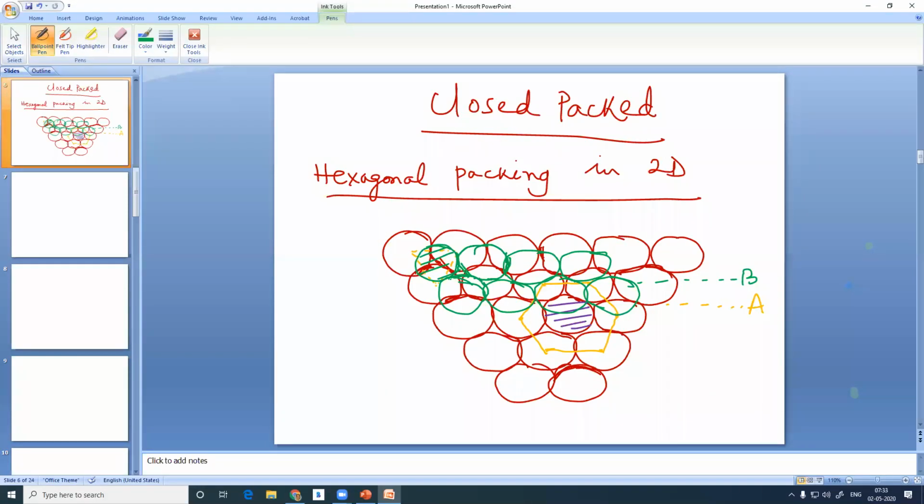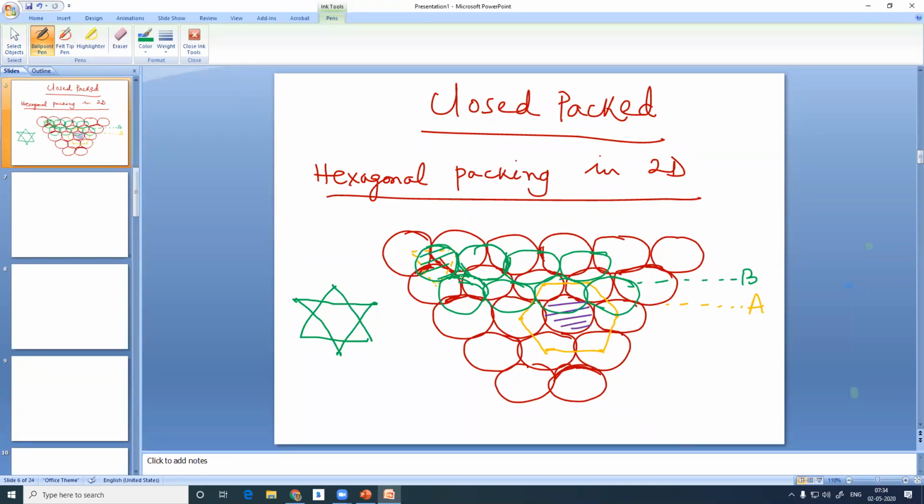The space beneath. Now, how to describe an octahedral hole? When three close packed spheres of one layer have another three close packed spheres kept over them, but the two triangles face in opposite directions. Now see this red triangle, the equilateral triangle, and see this triangle. The two triangles are facing in opposite directions, and the space within is called an octahedral hole. Why is it called an octahedral hole?